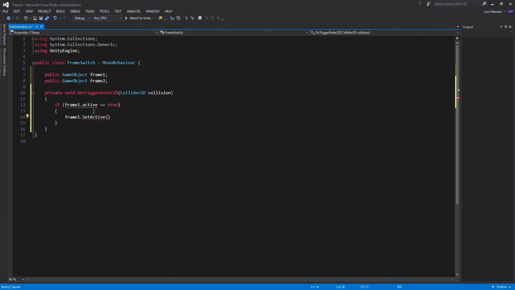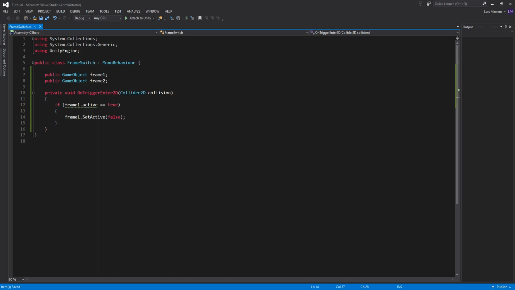And since frame 1 is already active, we want to set it to false, because when we hit this trigger, if frame 1 is active, the original frame that we're inside of, then we're going over to frame 2, or the frame that's after the frame. So we want to deactivate this one, and then we want to,